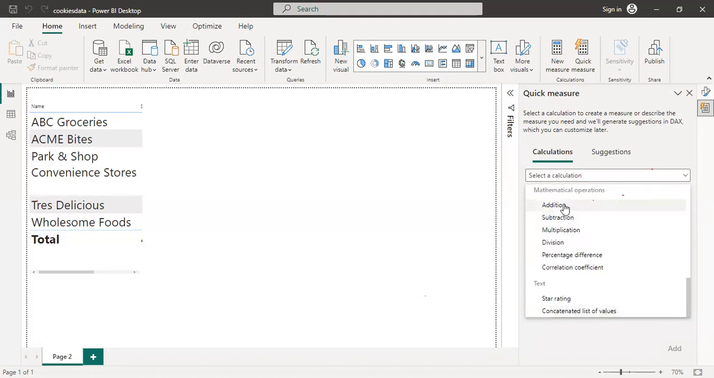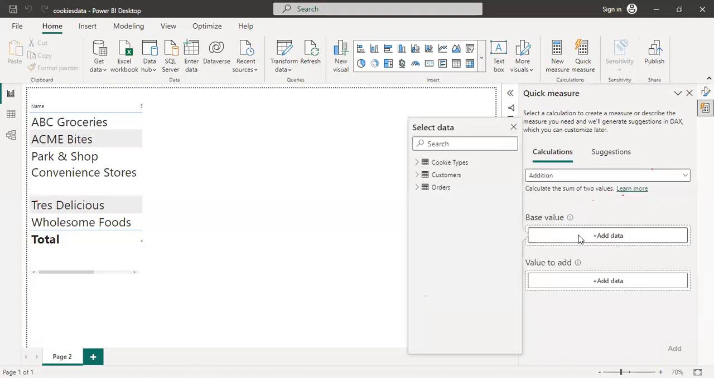Let me use addition. For the order table, I'm going to use the cost, because of the costs and the profits. The cost column, okay, there's a measure here already. So I'm going to use the cost. I'm going to try to add the cost and the profit to give me the sum of revenue as a